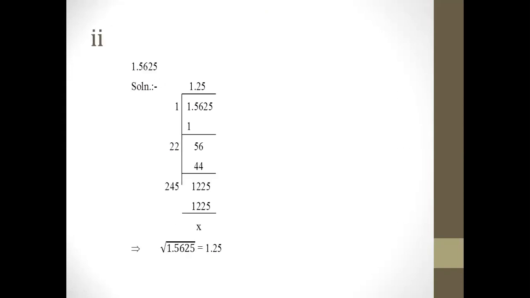Now come to the second part of this exercise, question number 3. Again, you make pairs, 25 one pair, and then 56 the other pair, and then 1. So you know that 1 ones are the same number multiplied with itself. 1 ones are 1. So 1 minus 1, 0. So the next pair will come, that is 56. You know that 1 plus 1, before this 56 comes down, you put the decimal in the answer.